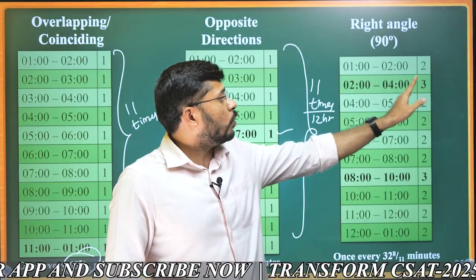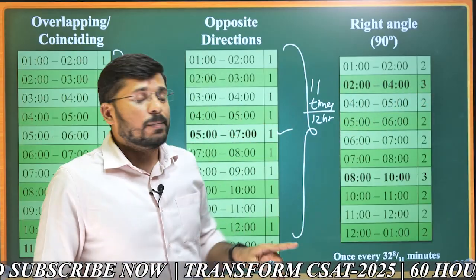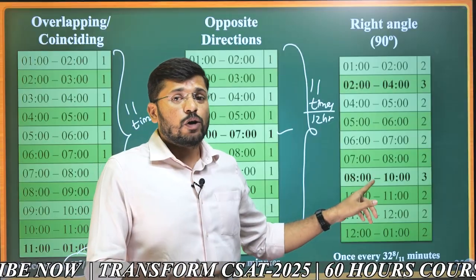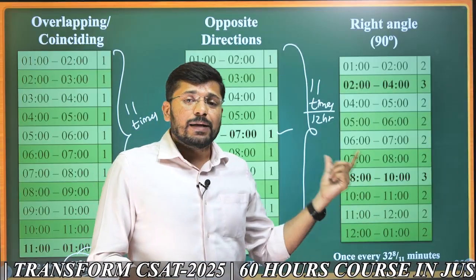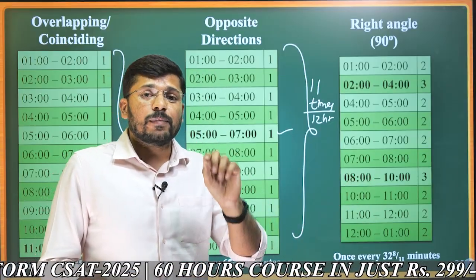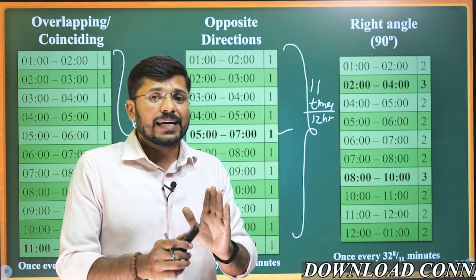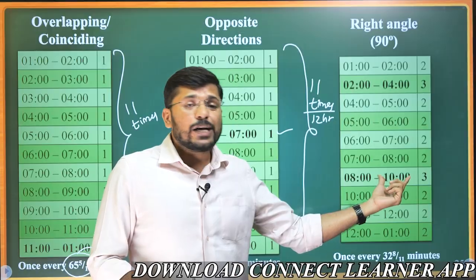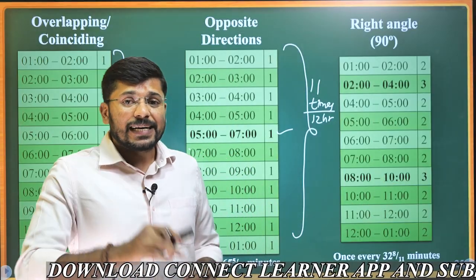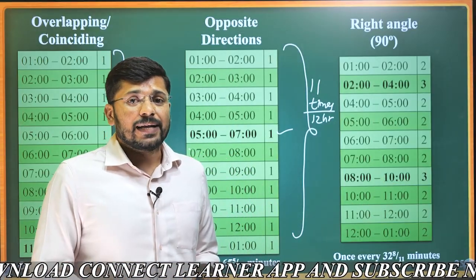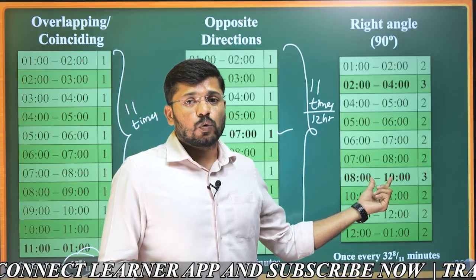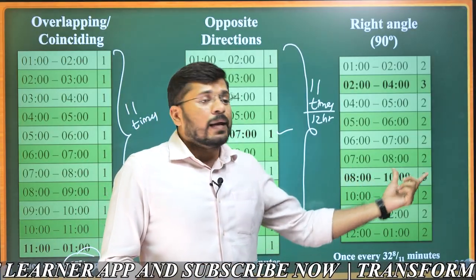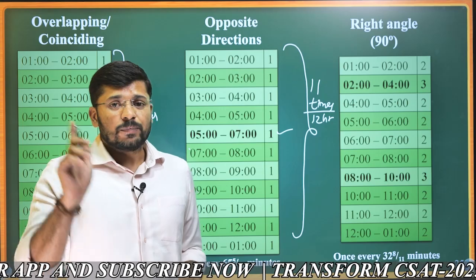So between 2 to 4, they will be at right angle only 3 times and not 4 times. Similarly, because of 9 o'clock, from 8 to 9, they will be at right angle 2 times, and one time, one of them will be 9 o'clock. At exactly 9 o'clock, from between 8 to 9, they will be at right angle. And from 9 to 10, they will be at right angle at exactly 9 o'clock and somewhere between 9 and 10. So we cannot count 9 2 times. So from 8 to 10, they will be at right angle not 4 times, but only 3 times.